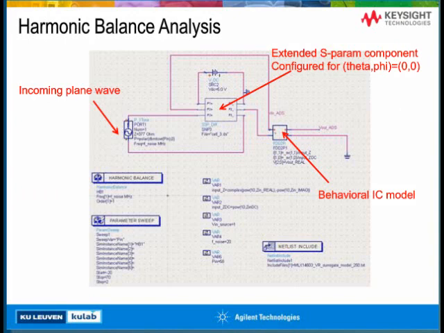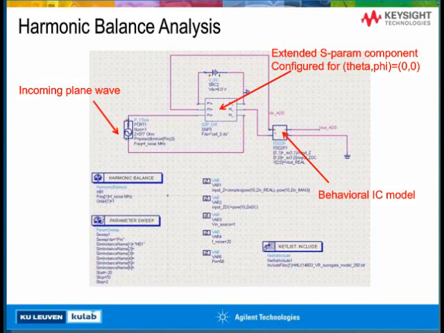And in the ADS schematic, we could add the behavioral model of the IC, which is connected to one port of the interconnect on the PCB, and we could represent the incoming plane wave as just a voltage signal and connect it to the port that is representing the coupling with external EM fields. To the other port of the interconnect, we then connected a DC voltage source, which would actually mean that in perfect conditions, the output voltage of the IC would be constant.